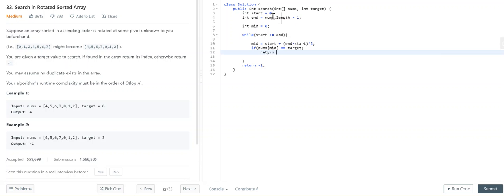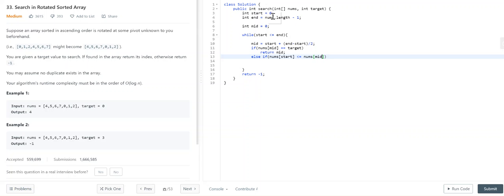We can directly go ahead and return mid. If not, else if nums of start is less than or equal to nums of mid,